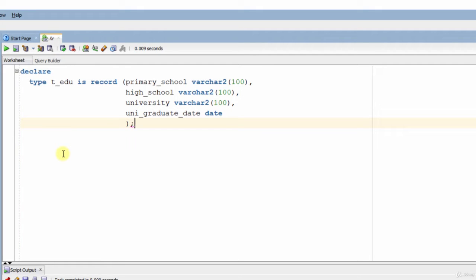Great. Let's type our employee type similar to what we did before. Type t_emp is record and first name